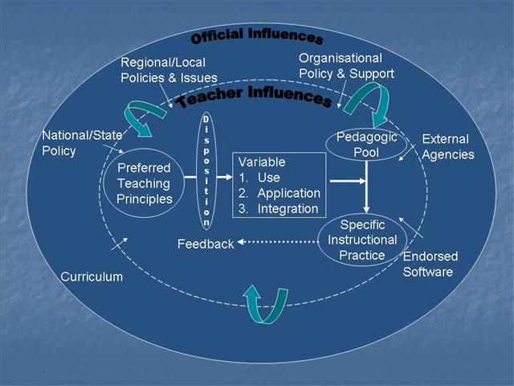And so there's a set of dynamic interactions going on between the official influences and the teacher influences. Some people have said to me, does that mean that over time, this line here, which is deliberately dotted, might go in and out depending on the level of influence that teachers are having? Certainly that wasn't my intention, but it seems like a reasonable way to think about it. In other words, if the official influence dominates the teacher influences, maybe I think about that line coming in, and if teachers are more autonomous, then you could possibly think about that line going out